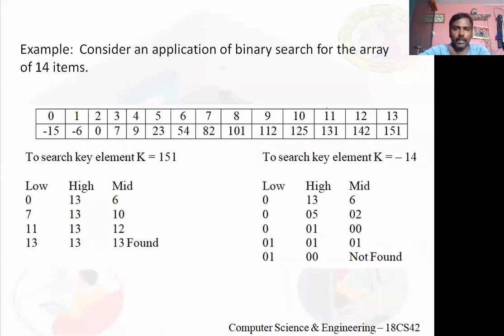That is at index 10. How many comparisons for element 7? That is at index 3. So you need to perform this tracing again and again. Suppose I ask you the number of comparisons for locating all 14 elements, it is time consuming. So we'll go for a binary decision tree, which is very simple.